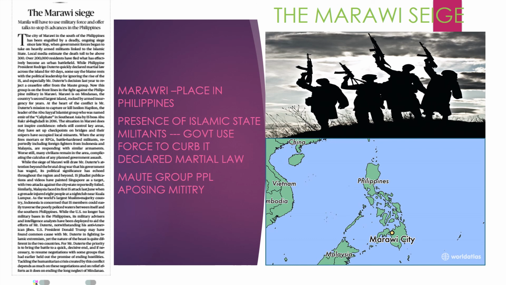So because of the prevalence of the IS organization here, the Philippines government decided to use force to remove the IS over here, and they declared martial law in and around the city. Because of the declared martial law and emergency over here in the city, there is a prevalence of increased violence. A group of people associated with Marawi city are the Maute group of people. See guys, this group is important. The Maute group of people have been opposing the presence of militant force in Marawi city. So that's it guys. This is more than enough with respect to the UPSC point of view.